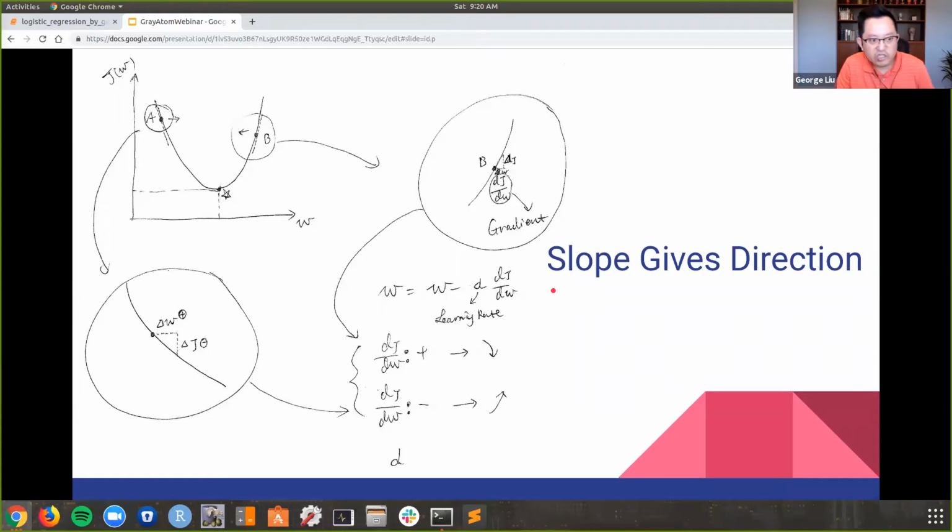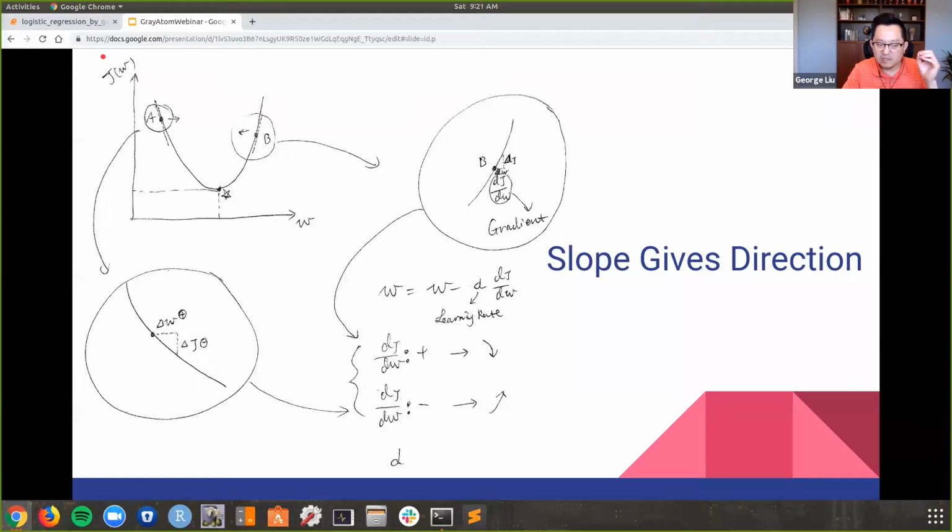Okay, so just now we said that machine learning here is really to find the best combination of our parameters, including the bias and the weight values. We need to find that best combination that minimizes our cost function